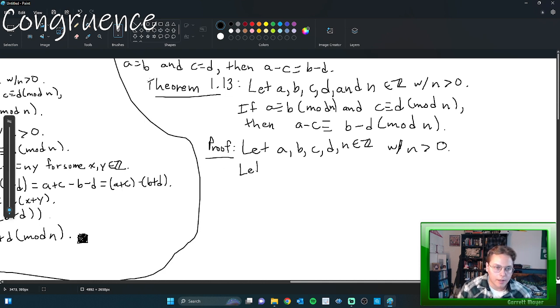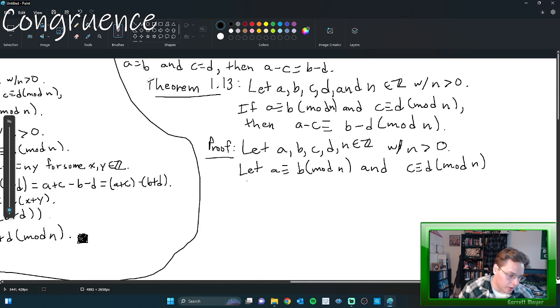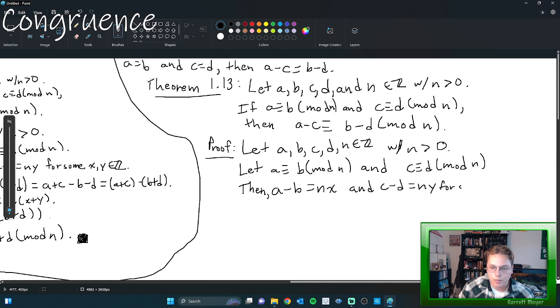And then we're also going to let a be congruent to b mod n and c be congruent to d mod n. And because of this, we know that a minus b is nx, equals n times some integer, and c minus d equals n times some integer for some